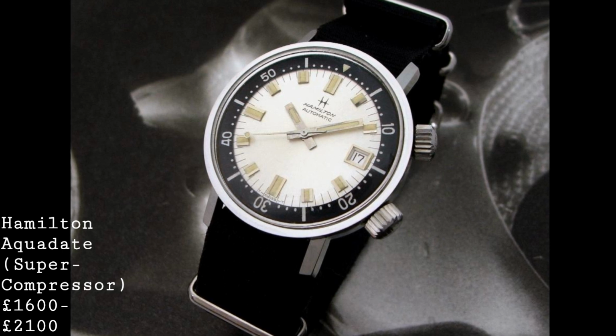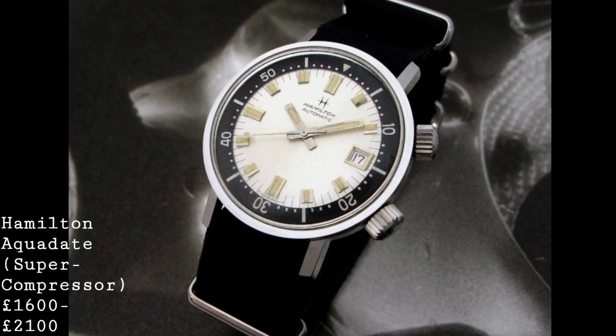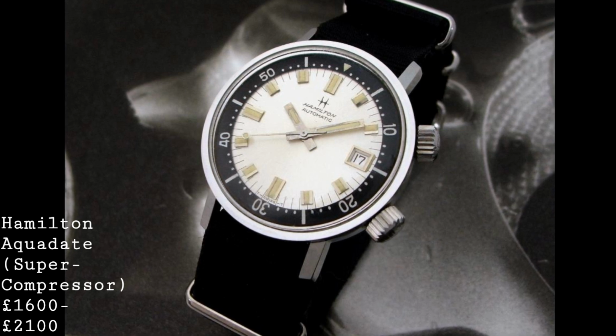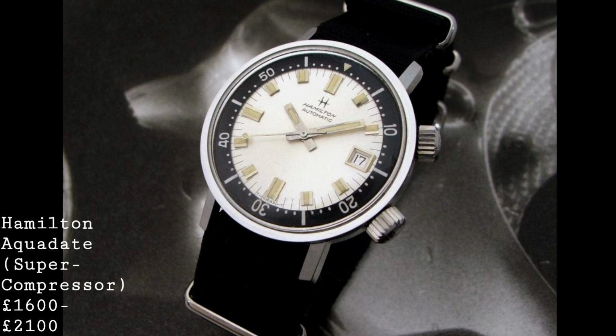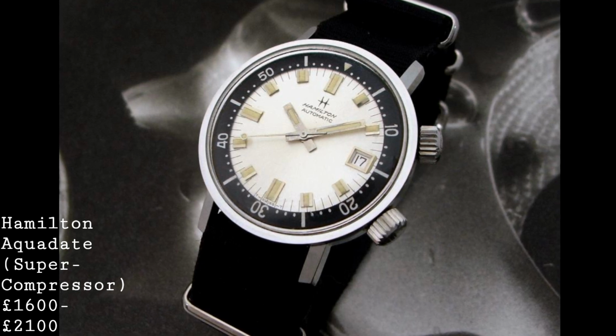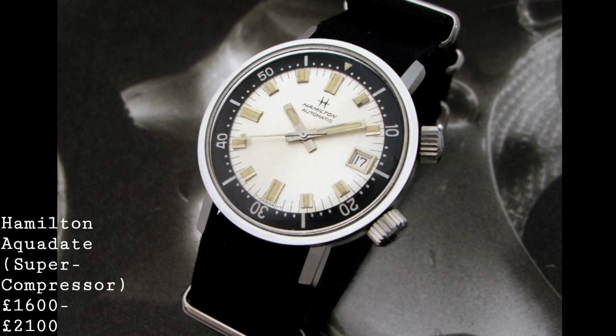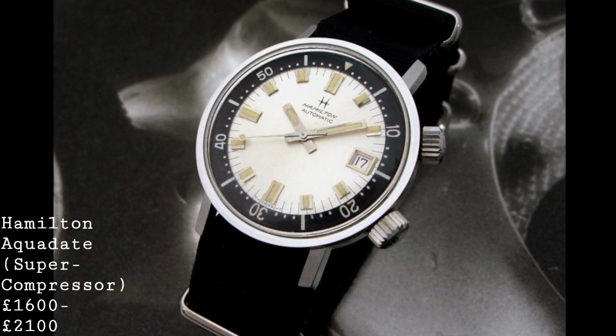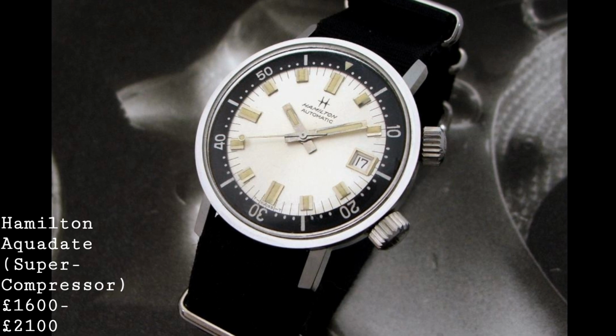And Hamilton through the 50s and 60s were very much at the top of their game, being a high-end brand from America, producing a great deal of very interesting watches, and known for their electric watches, but their super compressors have also become rather reputable, as far as very interesting dive watches for a reasonable price, with a very interesting history. And this is the Hamilton Aquadate, or often known as the super compressor quite simply,